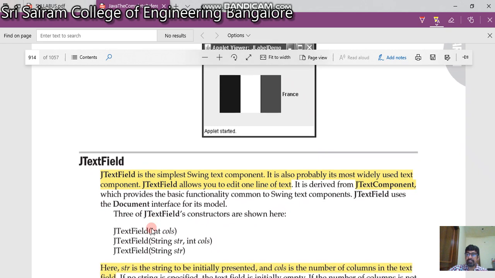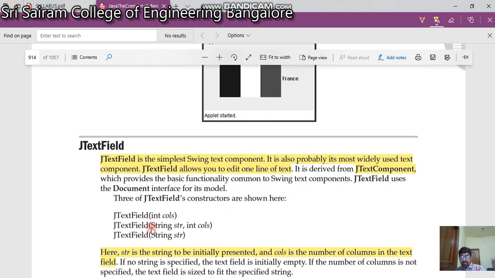Next is JTextField. JTextField is the simplest Swing text component. Label was the label component. It is probably the most widely used text component in Swing, which allows you to edit a one-line text, not many lines. Normally it is derived from JTextComponent.